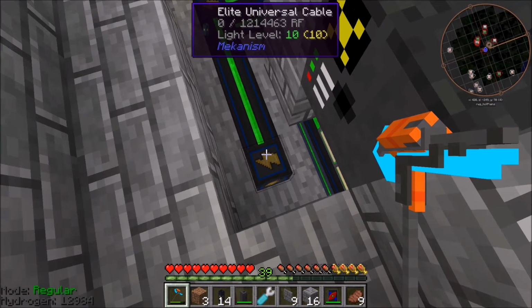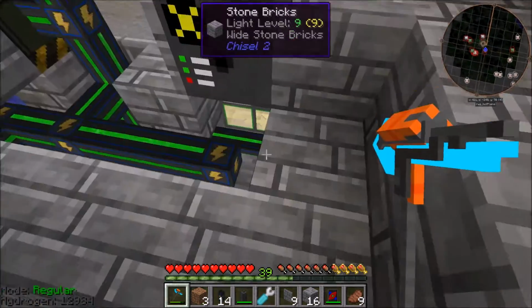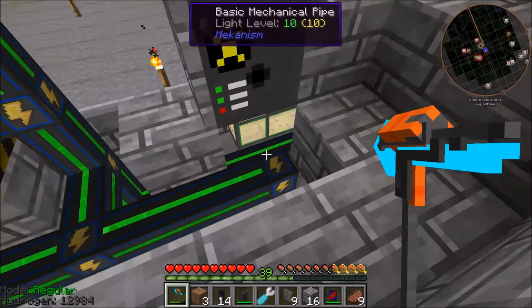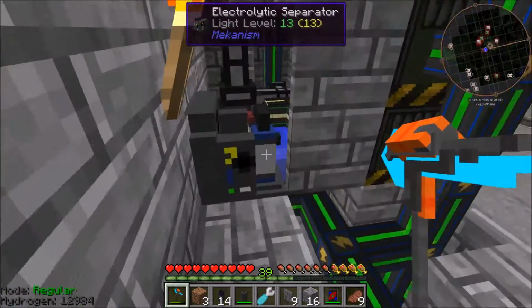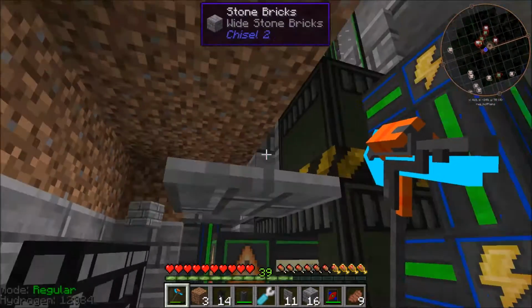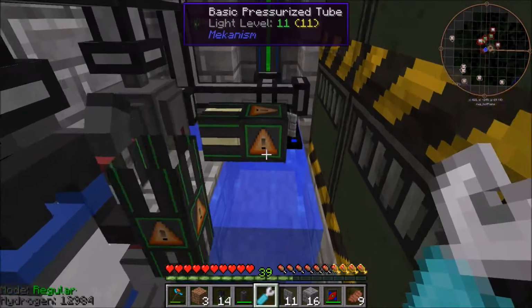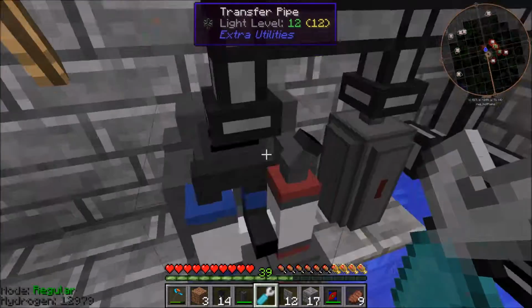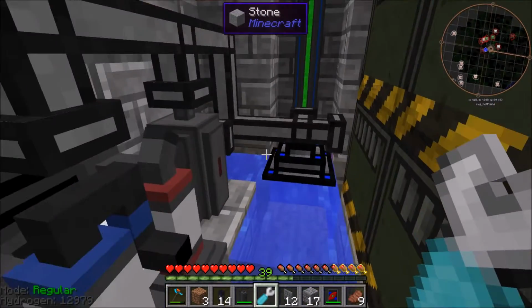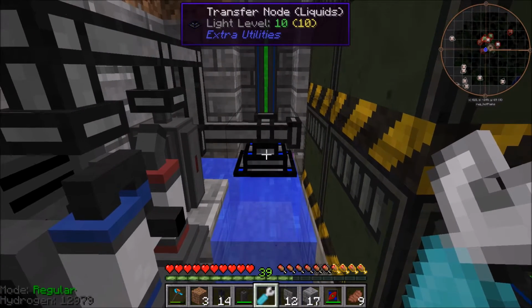What was this running to? Oh, is that the power that was running over and around to this thing? I believe it was. It was going up and then over and around. Okay, so then we can break this and this, and we can actually scrap that, that. And do we want to scrap this? We're going to be keeping this transfer node right here, the liquid transfer node,